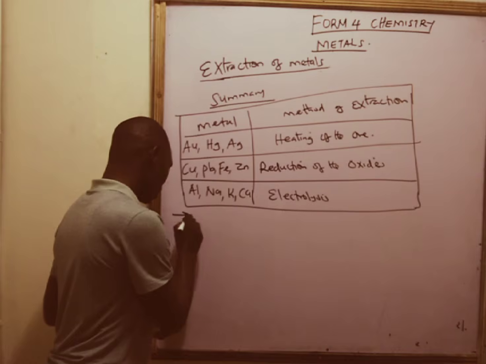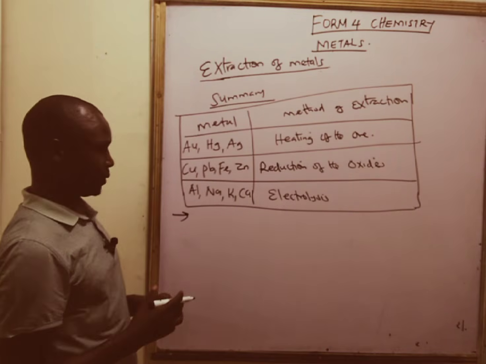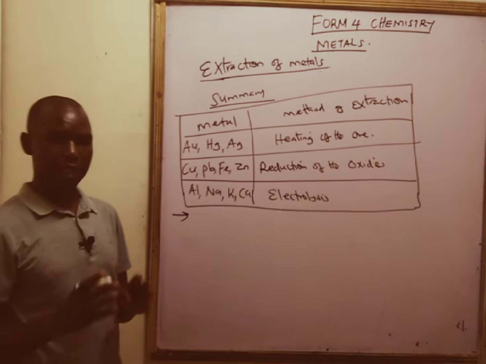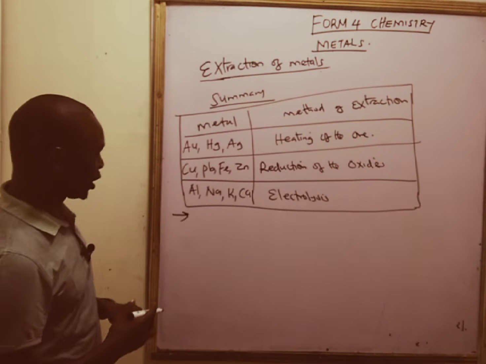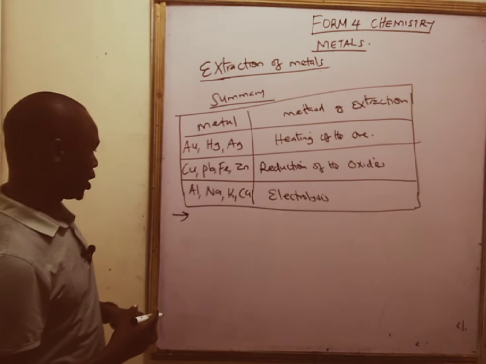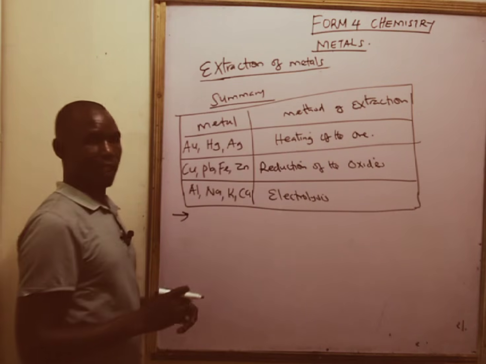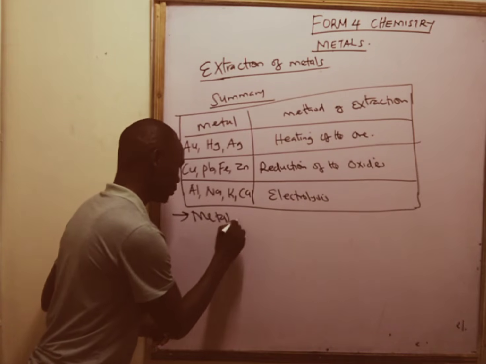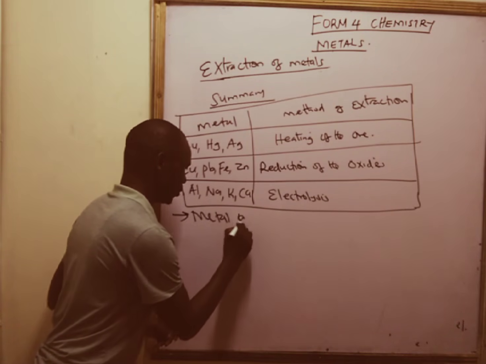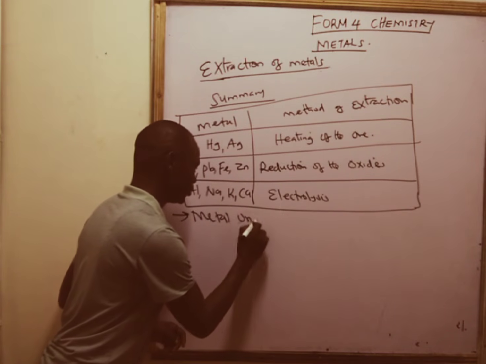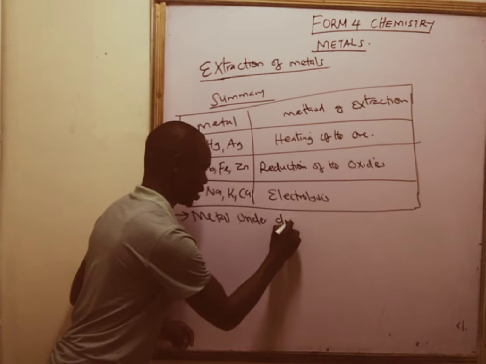We are only going to focus on the elements which have been selected by the ministry, and those are the elements which are going to be examined in any given KCSE examination. So the metals under discussion